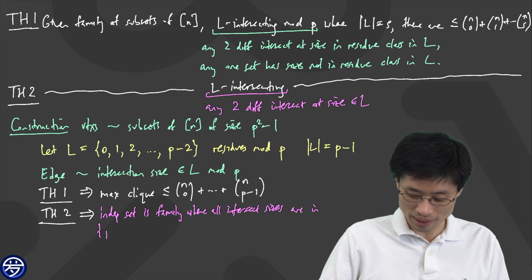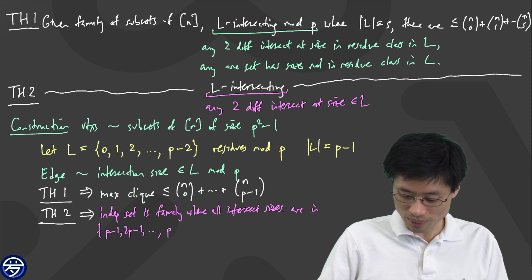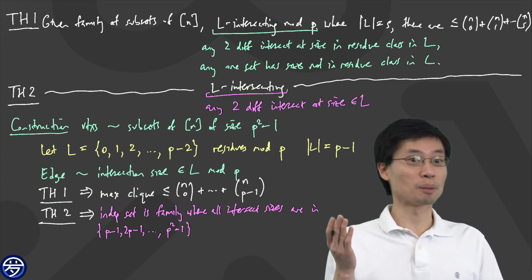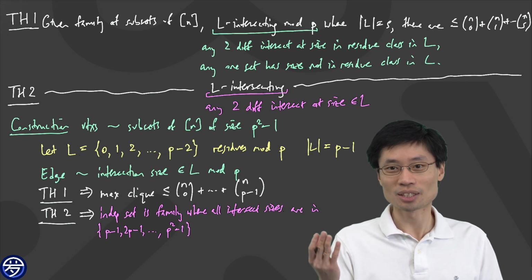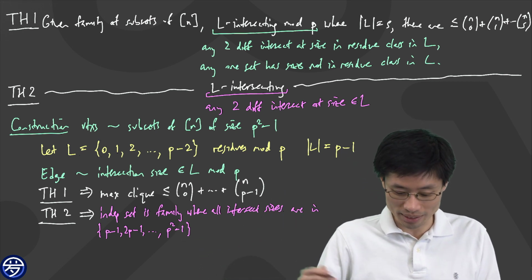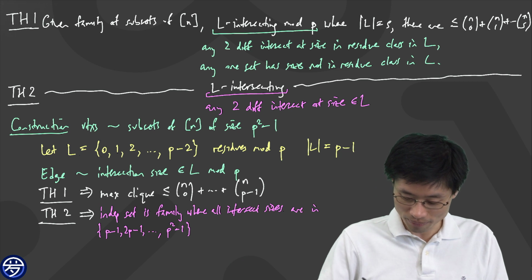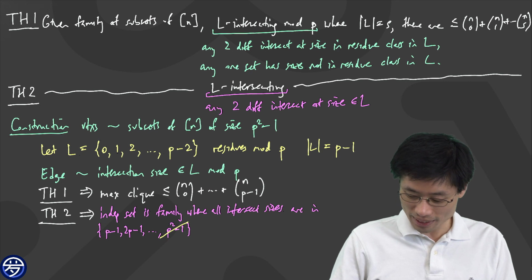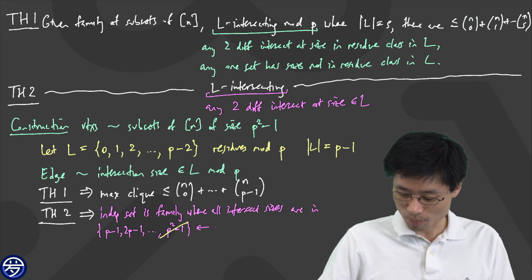Minus 1 mod p starts from p minus 1, and then it's 2p minus 1, all the way to p squared minus 1. And here, there are p of these. Actually, I don't even need to worry about p squared minus 1. That's going to be kind of nice and symmetric. There's no way I'm going to get an intersection size of exactly p squared minus 1 because my sets are of size p squared minus 1 anyway, so I can strike that one off. And what I see here is that there are p minus 1 of them.